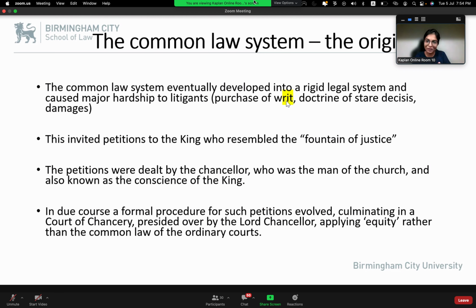Like taking a token basically. So when you purchase a writ, you need to purchase the appropriate writ for your case. There were only selected writs issued by the king. So when your subject matter has no available writs, the king's court will not hear your dispute. So there's a flaw in the system because the system says you must have a writ. That system we still follow today.